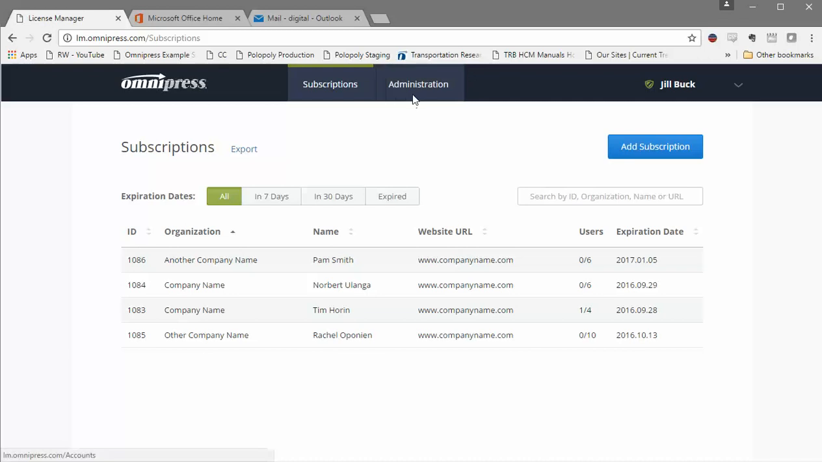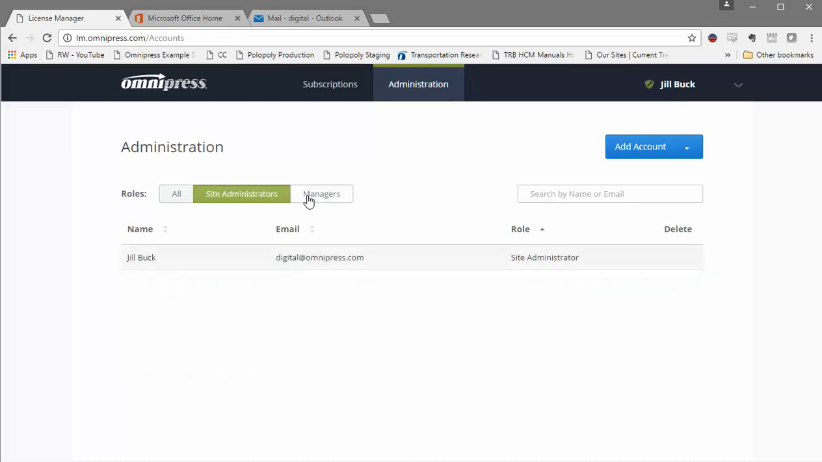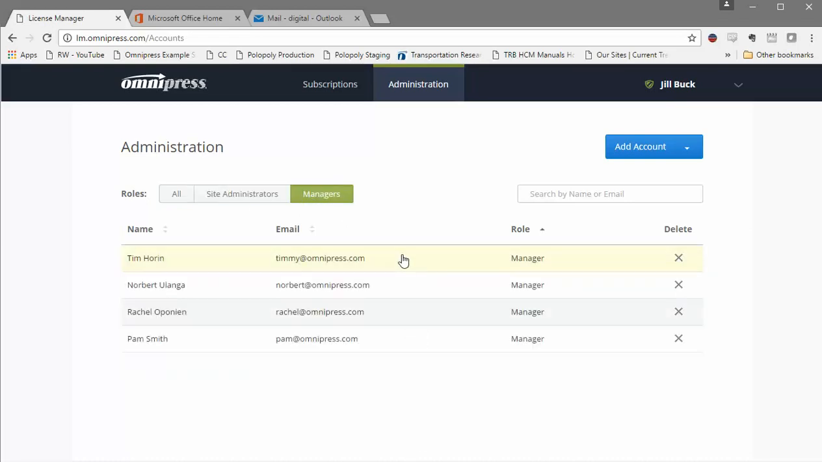If I go to administration, I'm going to see all of the people that are associated with my site or sites. In this case, I can see, here's me, I'm a site administrator, and here's the different organizational managers that we have within here too. Again, I can filter on those. I can see who's here. I can go in and edit